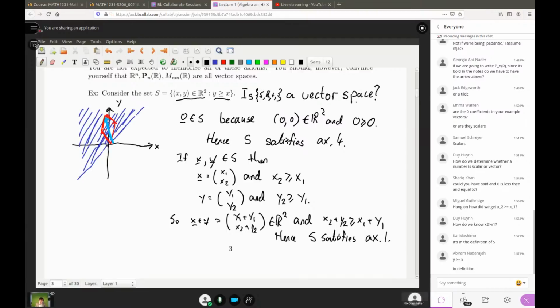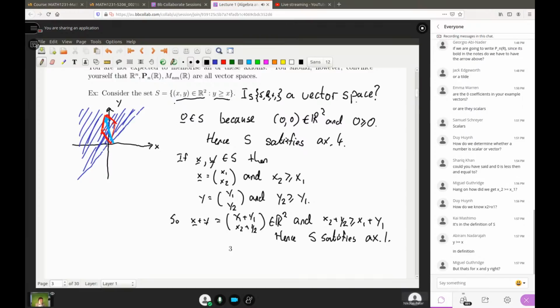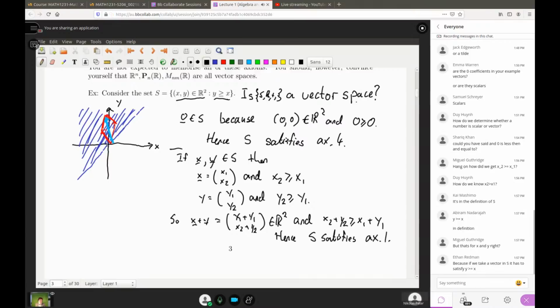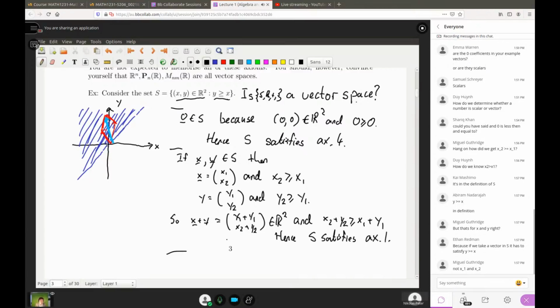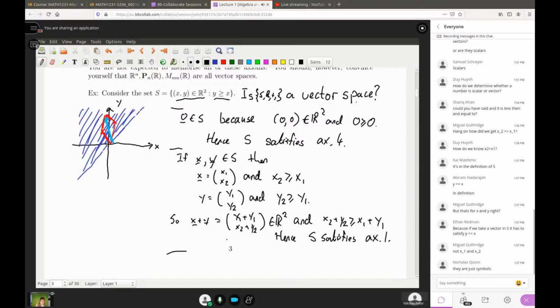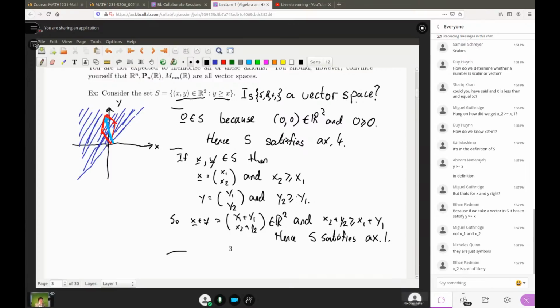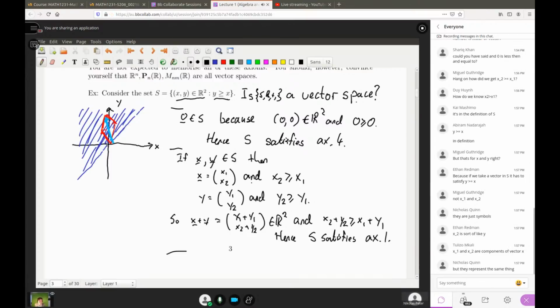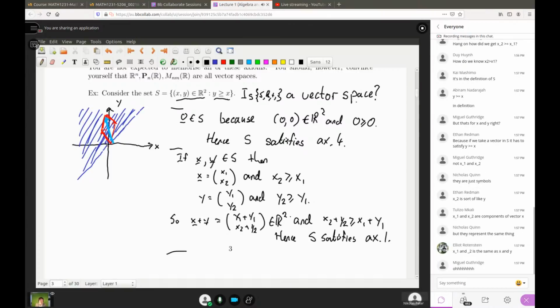So what we're going to do now is shift gears a bit, because we don't need to prove axioms for a set. I'm just doing this stuff because I want you to see how to show things. What we actually need to do is show that it's not a vector space. And when you show something is not a vector space, you grab a vector and show that it doesn't satisfy the axiom. But you need an actual vector here. None of this x1, x2 business. None of this choose any old element of S. You grab an actual vector, and your choice of vector is critical.